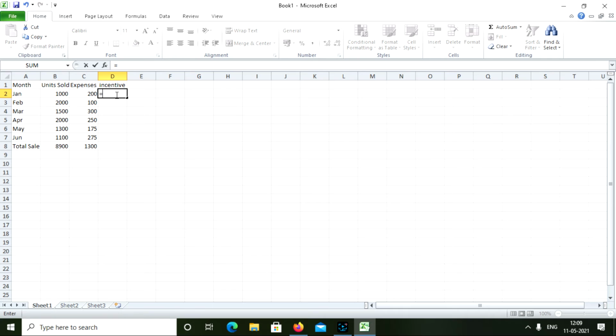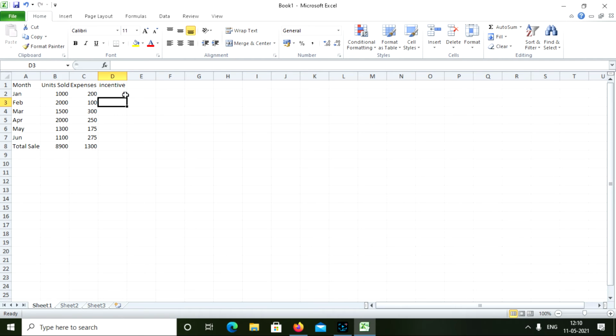Equals, suppose we are starting with B2, then star, now $E$11. Okay, and we are pressing the enter key.